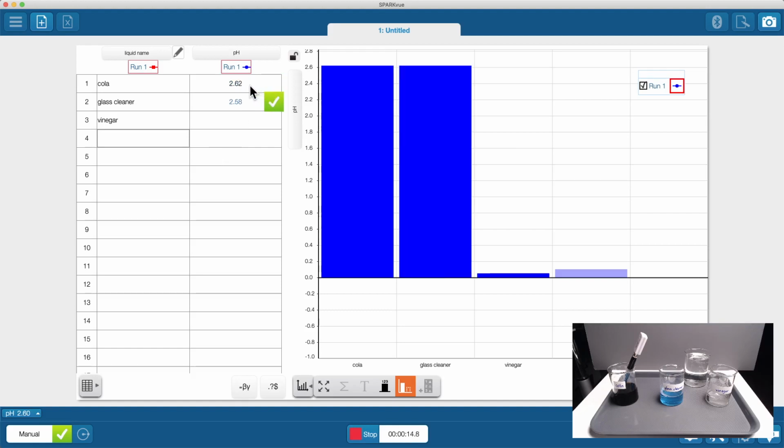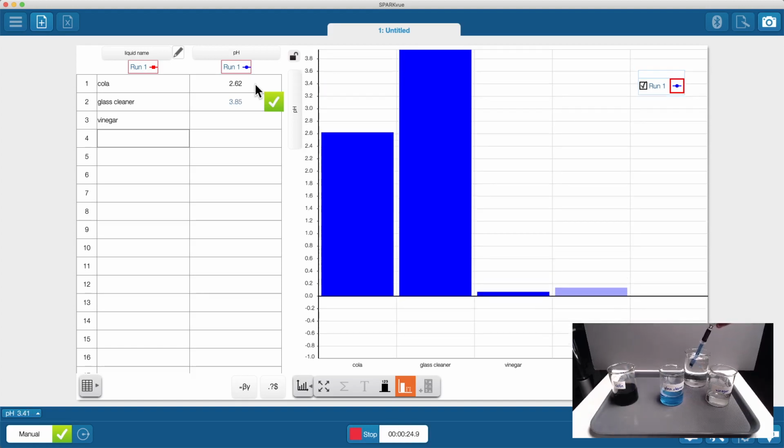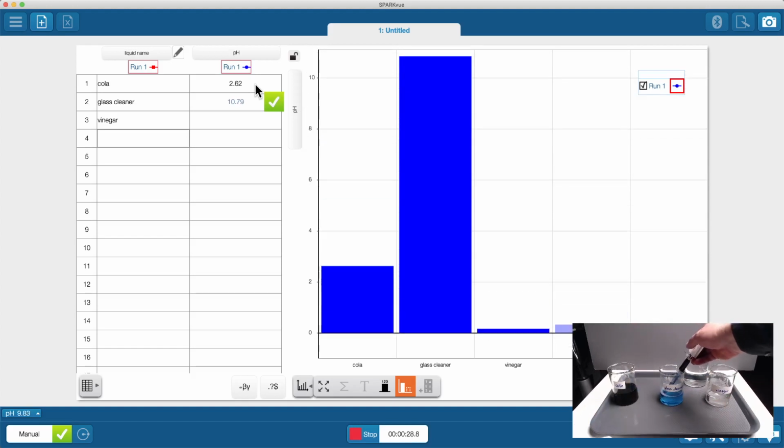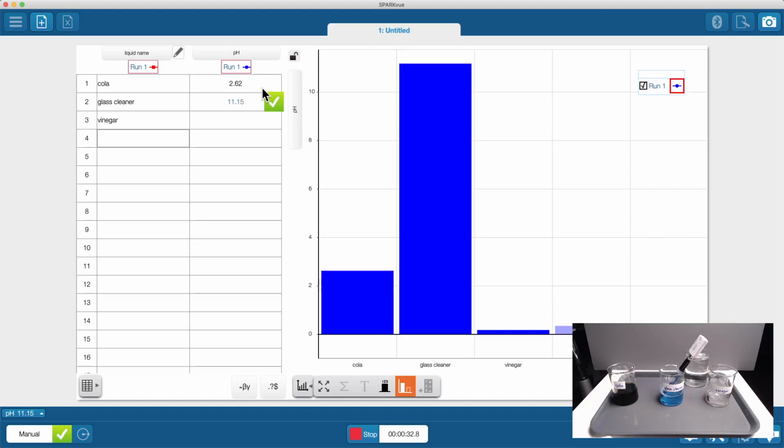Notice in the table that the pH in the first row turns from the run color to black, indicating that it has been recorded. I'll rinse the pH electrode and place it in the glass cleaner. While that stabilizes, I'll point out that I can select either of these green check marks to keep a value. So I'll keep the pH for glass cleaner,